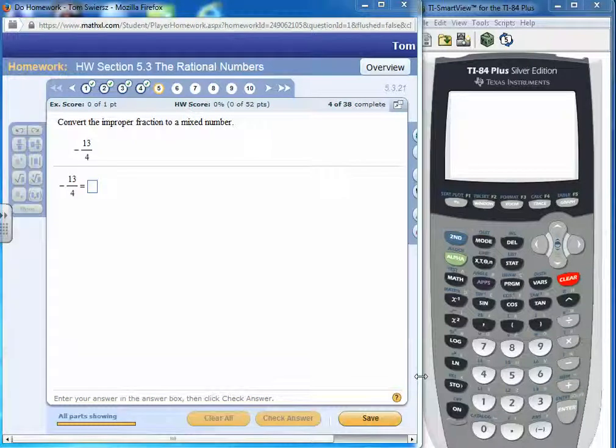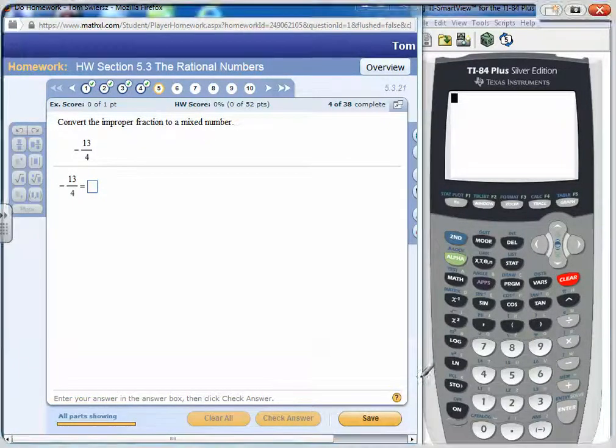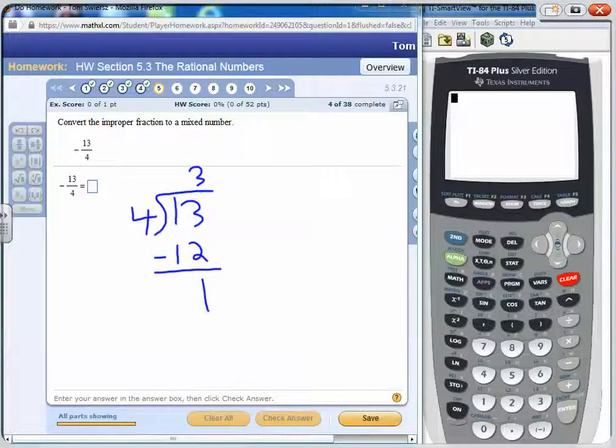Let's go ahead and start with problem number 5 from section 5.3. We're supposed to convert the improper fraction to a mixed number, negative 13 over 4. Now we know the answer is a negative because we have a negative in front, so we can just take 13 divided by 4. 4 goes into 13 3 times. 4 times 3 is 12,